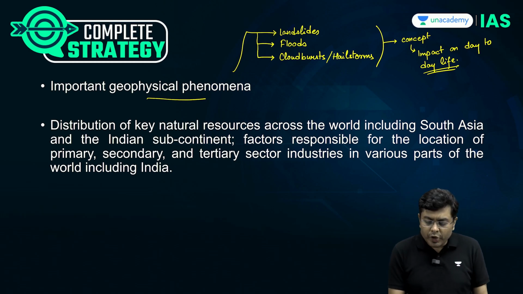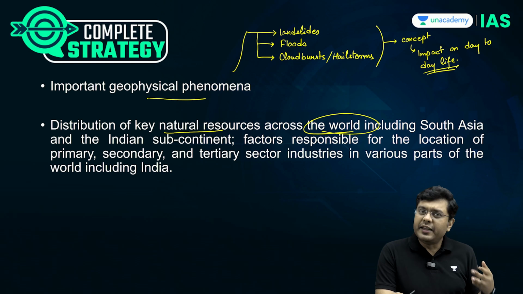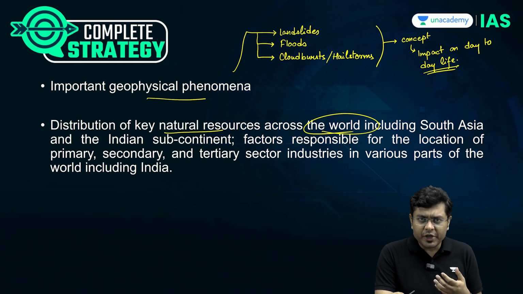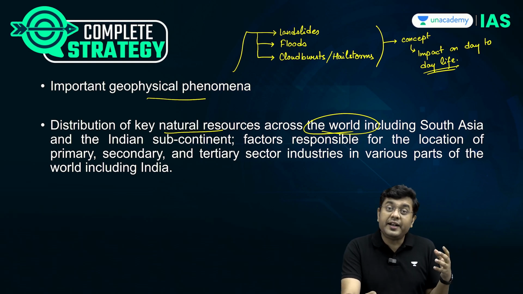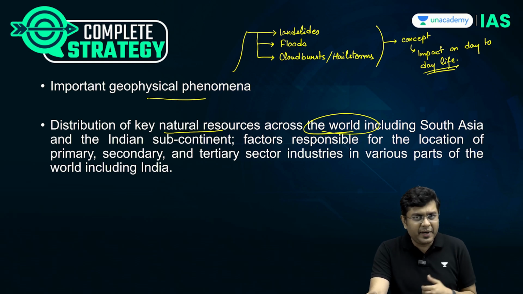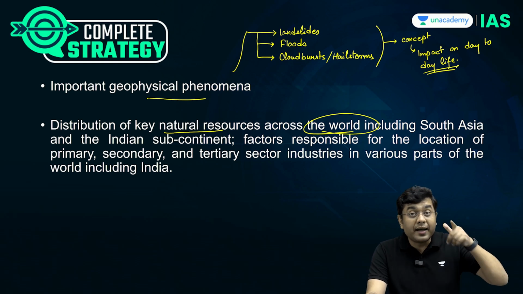So here, distribution of key natural resources across the world. Now let's suppose if you have lithium which is found anywhere. The expectation of the candidate is that if lithium has been found in a particular district, then UPSC will ask that lithium has been found in which district. But that is the type of question that you get in state services. That is a question that you get in lower grade examination. UPSC can ask you about what do you mean by a lithium triangle, which is the largest producer of lithium in the world. The utilities of lithium when it comes to electric vehicles and sustainable energy. Those are the kind of areas that are driven by current affairs.